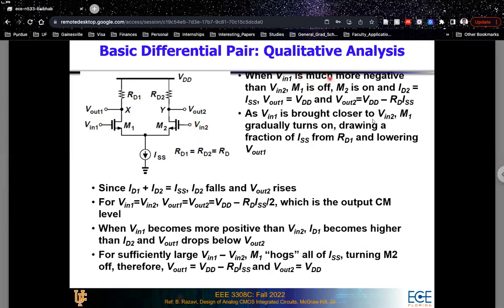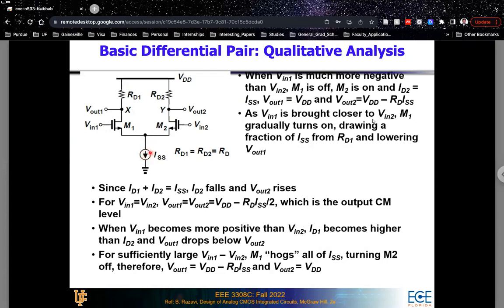So when VIN1 is much more negative than VIN2, that is, the DC voltage at VIN1 is much lower than the DC voltage at VIN2, it is very much possible that your M1 transistor is off, and it will be off if the VGS, the gate to source voltage of the M1 transistor, is less than the threshold voltage of the M1 transistor. And in that case, the entire current that flows through this tail transistor, so eventually this current source will